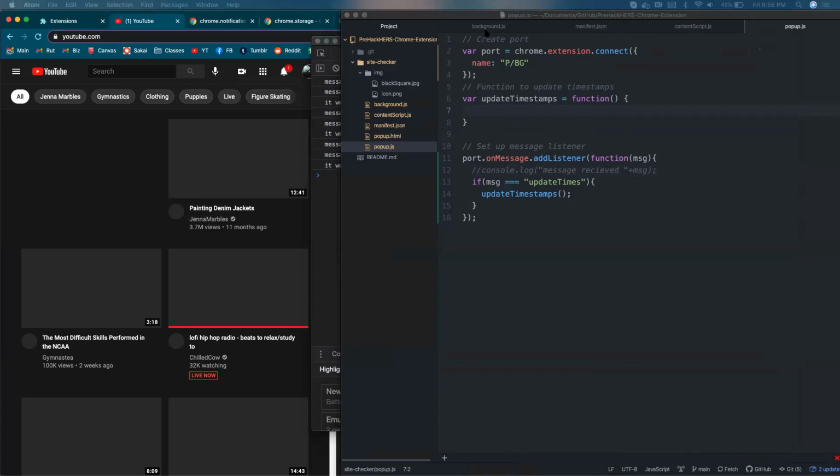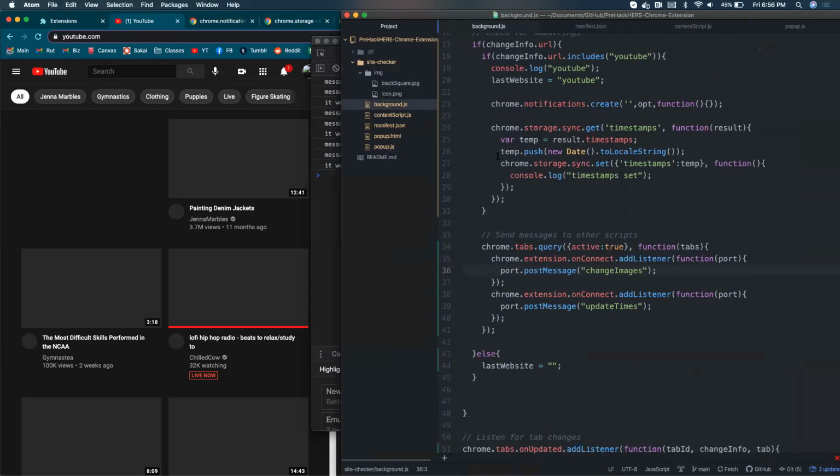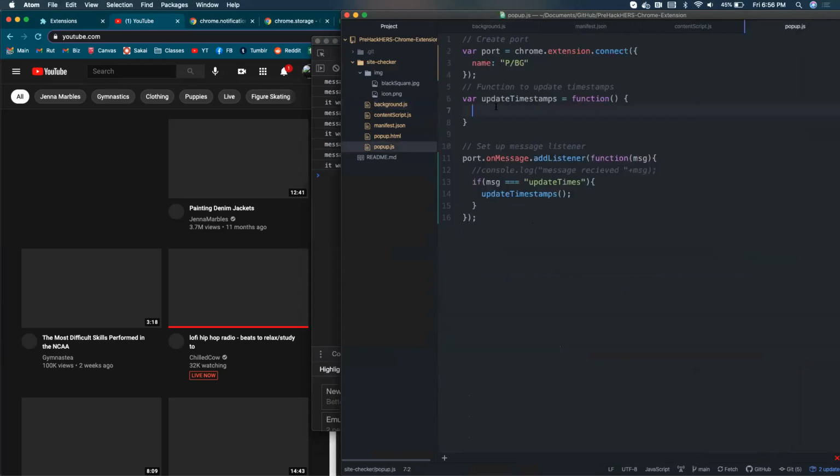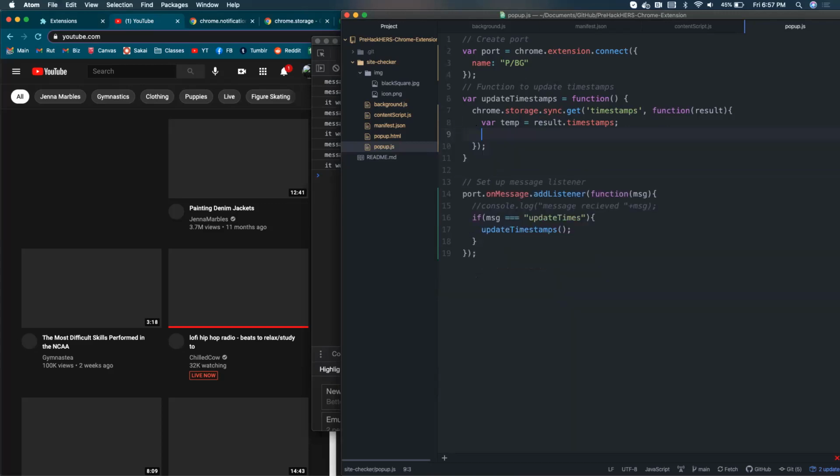So let's go back to the background script and copy this chunk. So when we actually get things, we're going to do that same getting action from within update timestamps. And we can save everything up until var temp equals result.timestamps, and we can delete the pushing and the setting because we're not updating anything. We just want to display things here. So we have var temp equals result.timestamps, and what we want to do is